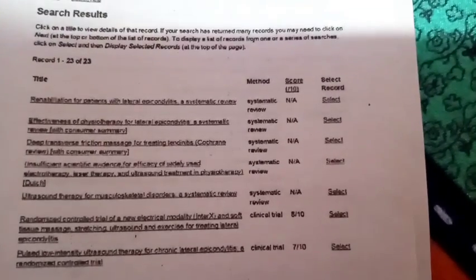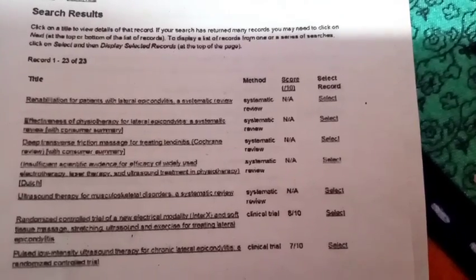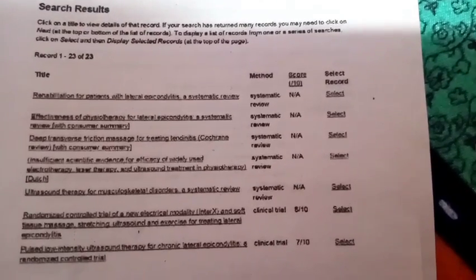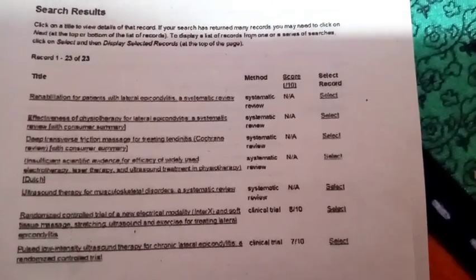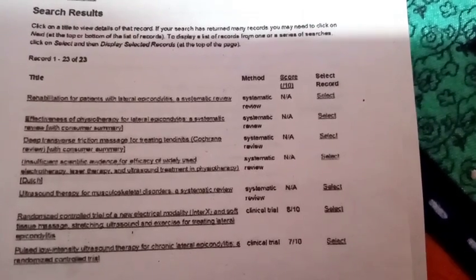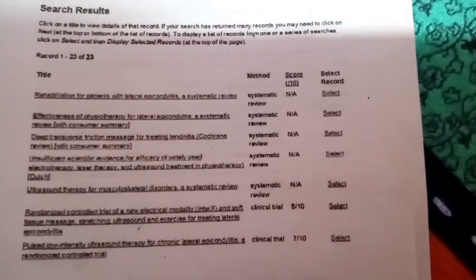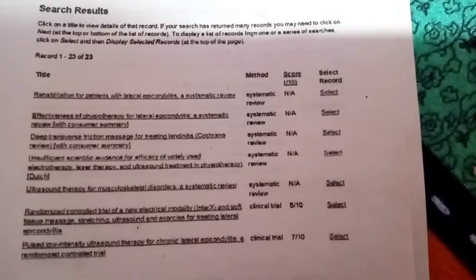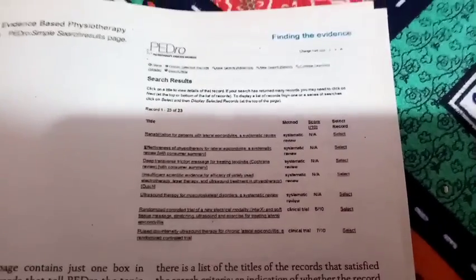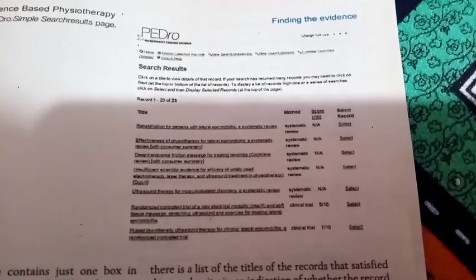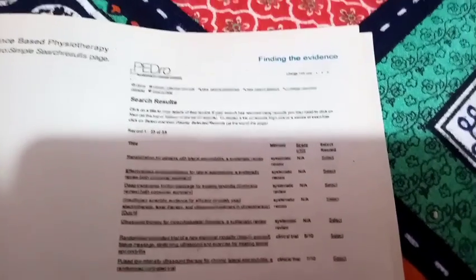इस साइड पे आपको मेथड शो हो रहा है, सिस्टमेटिक रिव्यू और ये सारा कुछ। उसके बाद लास्ट में हमारा क्लिनिकल ट्रायल है। उसके बाद हमारे पास स्कोर शो हो रहा है कि कितना स्कोर है इसका। उसके बाद नेक्स्ट है हमारे पास सिलेक्टेड रिकॉर्ड, जो सारे ही सिलेक्टेड हैं, ये सारा कुछ शो हो रहा है। तो ये है बेसिकली पेड्रो की जो सिंपल सर्च का मेथड है, वो इस तरह का होता है।